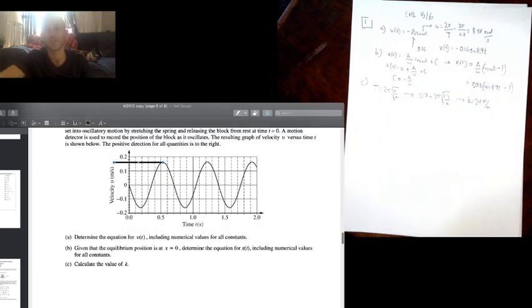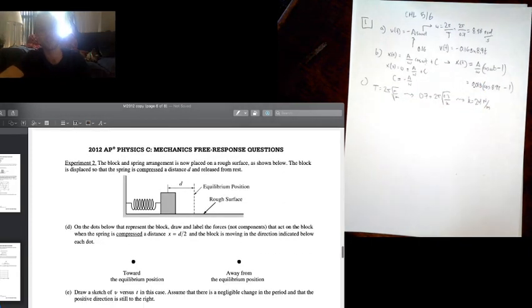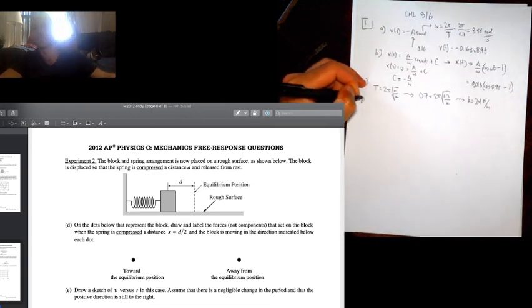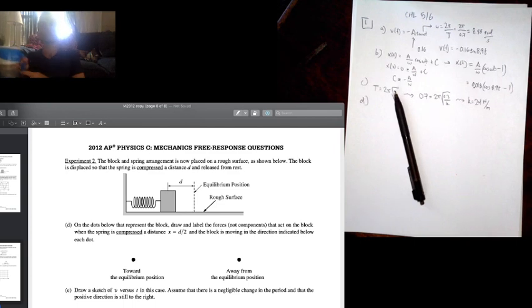Okay, I'm guessing there's going to be experiment 2. Gosh darn it. The block and spring arrangement is now placed on a